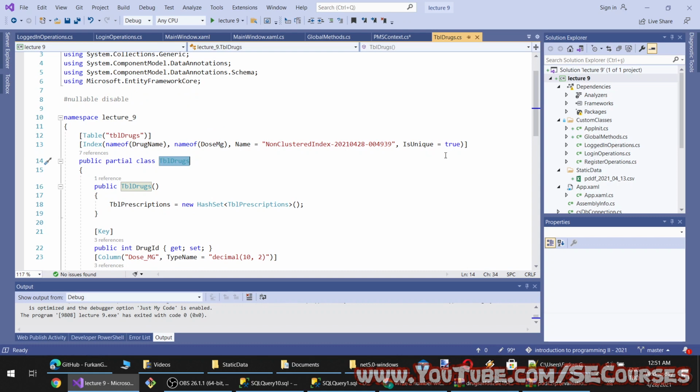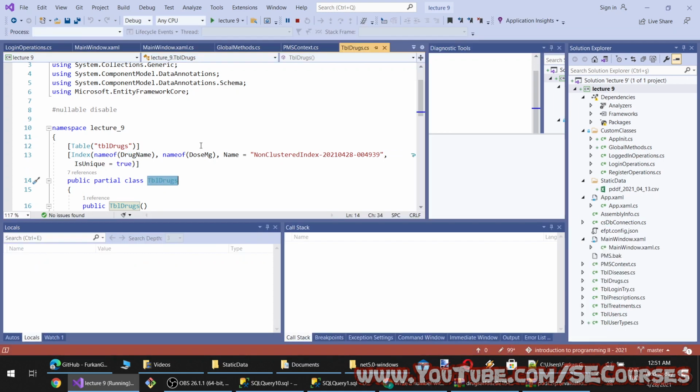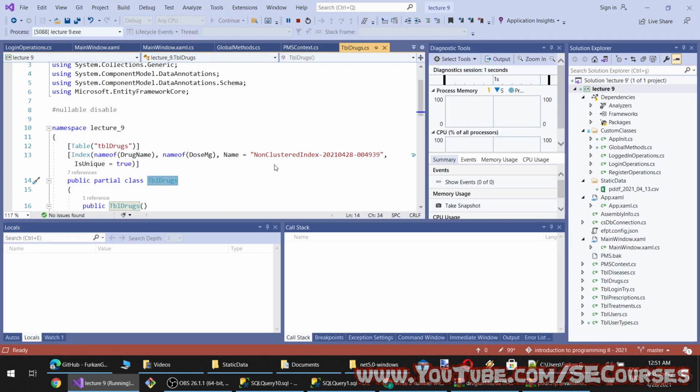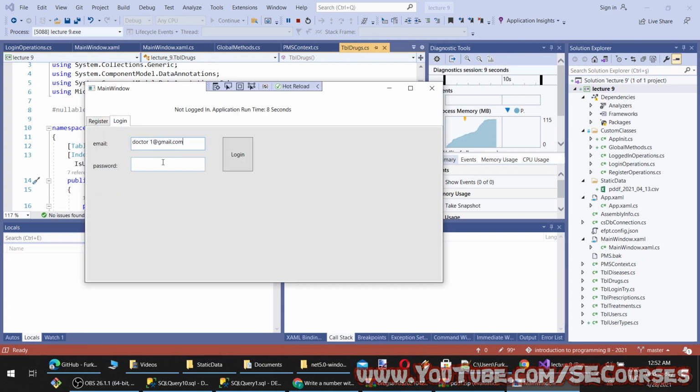Okay, there is index and it is unique. Yeah, maybe it will consider this as well. I'm not sure. Let's see. You see, it has index, name of drug name, name of dose, milligram. If it handles this, I can say it is awesome. It will make our job much easier. It will just sort out the duplicate values.